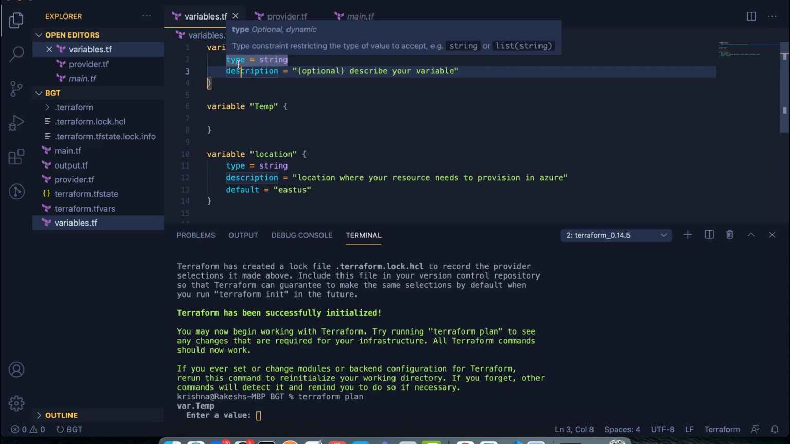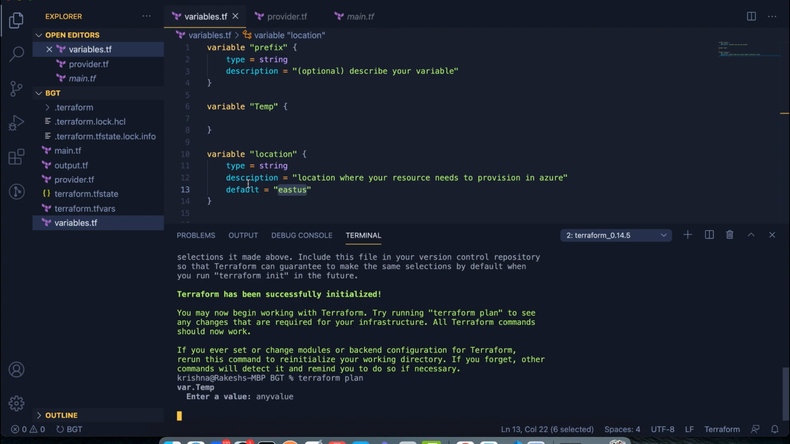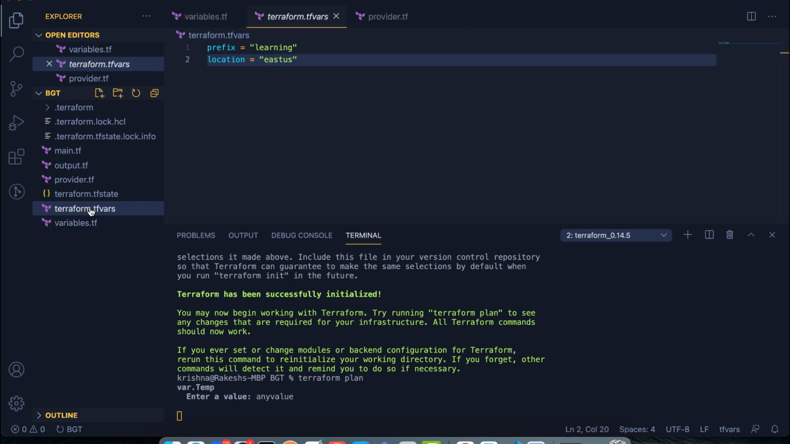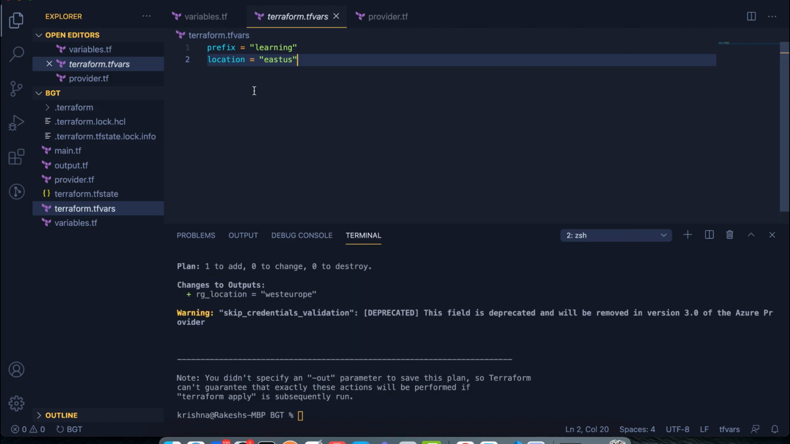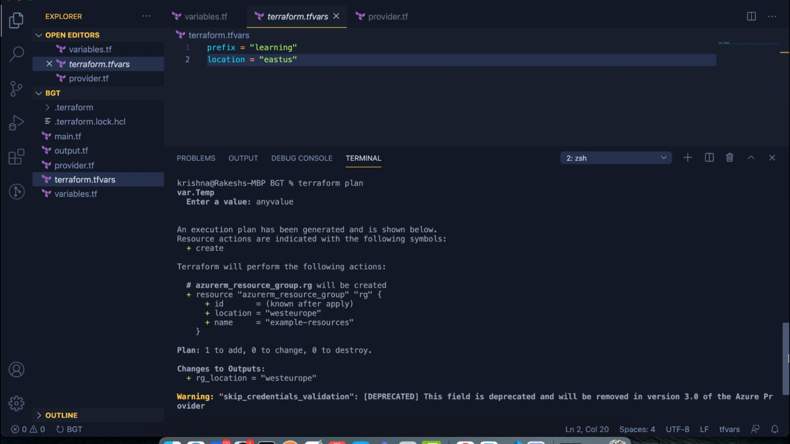Prefix has got the type but doesn't have any value. Temp has got nothing, and location has got the value. Now it is asking for temp, so I can provide any value. So let's call any value, and then it's not asking me for a value for prefix. The reason for that is that the values for prefix and location are defined in the Terraform var. So the plan already knows that some of the values of your variables you have already declared in the Terraform variable, and some of them which you have not declared you need to specify while running the Terraform plan command. So now, as you can see, my plan is run successfully,